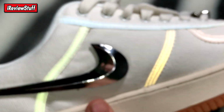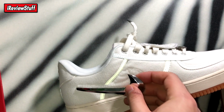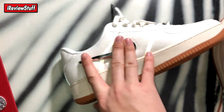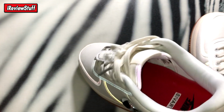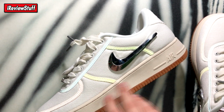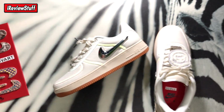And yeah, beyond that, there's the swooshes that come on it, the metallic ones. They come right off. They're honestly the perfect size. And the shape of the shoe looks a lot better than the first version. It's like a lot better. Something they could fix is moving the swoosh a little bit like this way maybe. I don't know. It doesn't look terrible, but